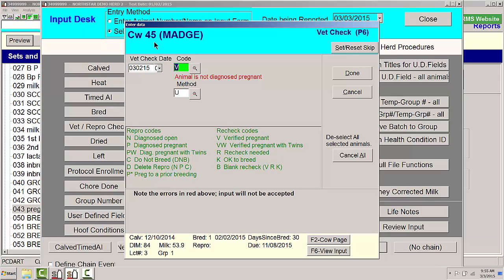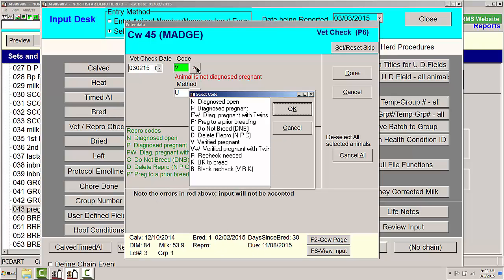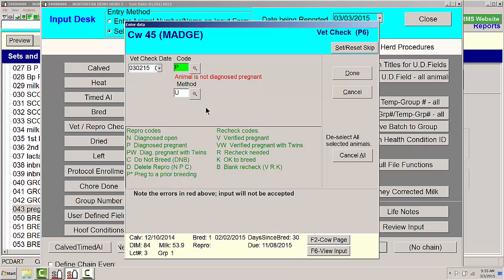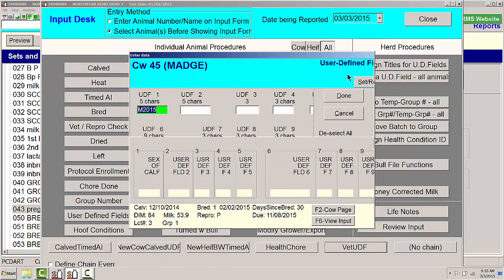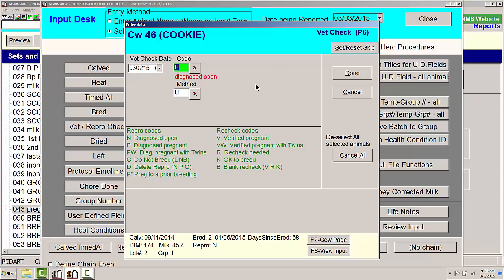The next cow that comes up would be number 45. She has not been diagnosed pregnant at all, so I know that's her first vet check. We're going to call her pregnant, ultrasound. We'll say done. I'm going to delete that because I really don't know what her sex of the calf is, so then I'll cancel that. And I just continue on for each one of the cows that was in for a vet check,